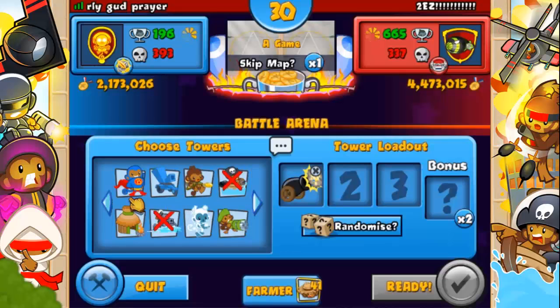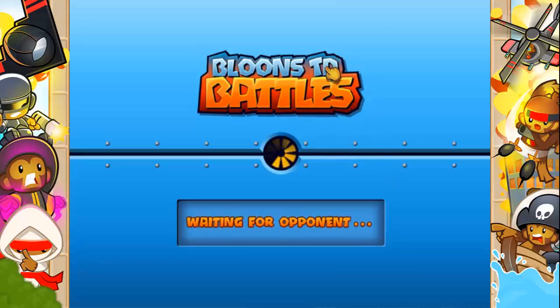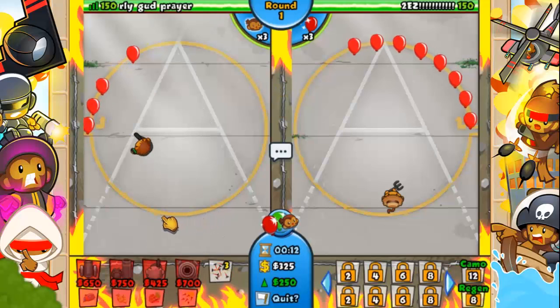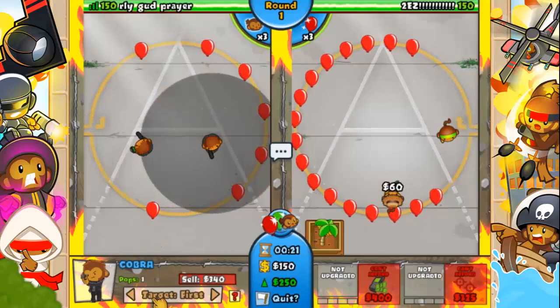Always prepare for round 15 guys. Regrow leads are deadly as fuck, no matter what kind of defense you have. Just some seem to do better than others. Bomb COBRA mortar is decent versus them, but it could struggle if the bomb isn't placed in a good spot